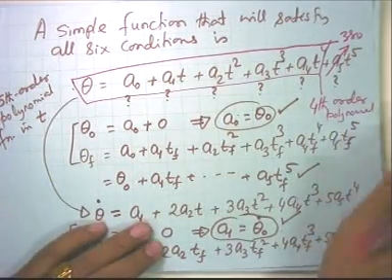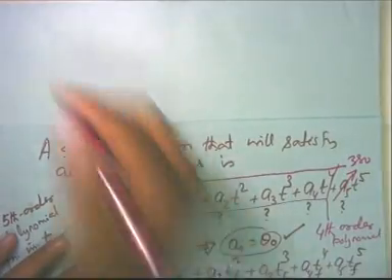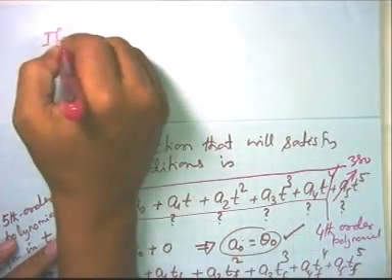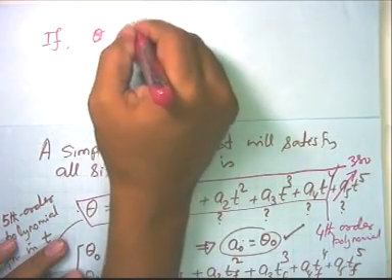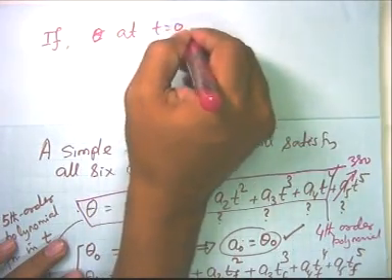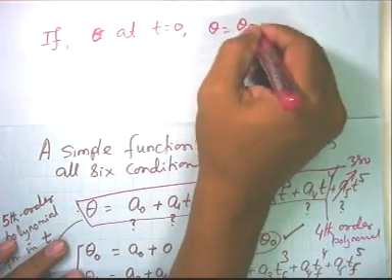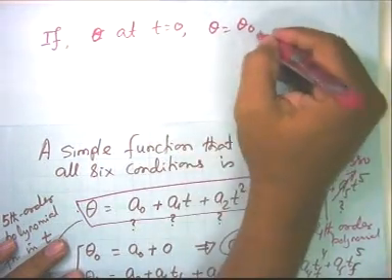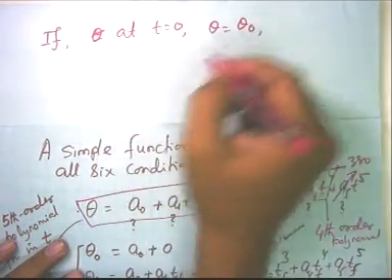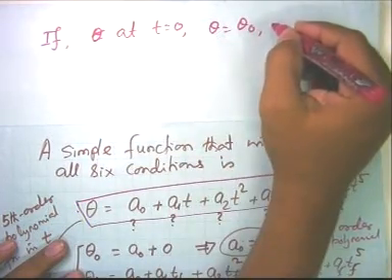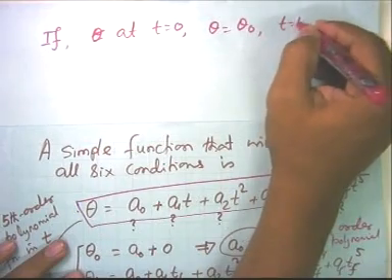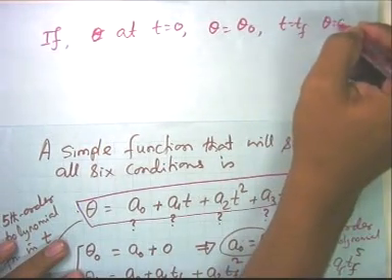So, in other words, if at time equal to 0, theta is equal to theta 0, then at t equal to T f, theta is theta f,